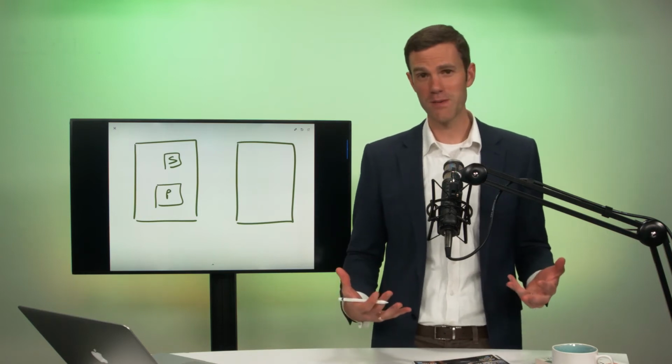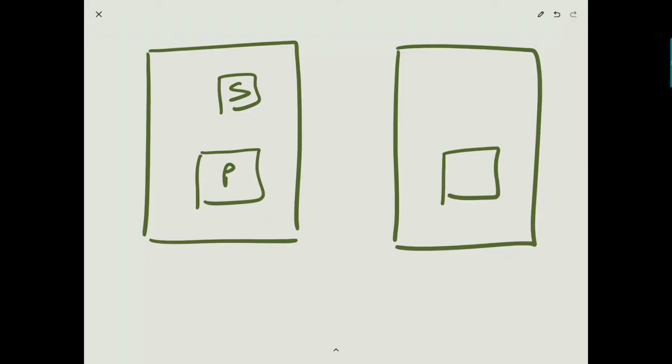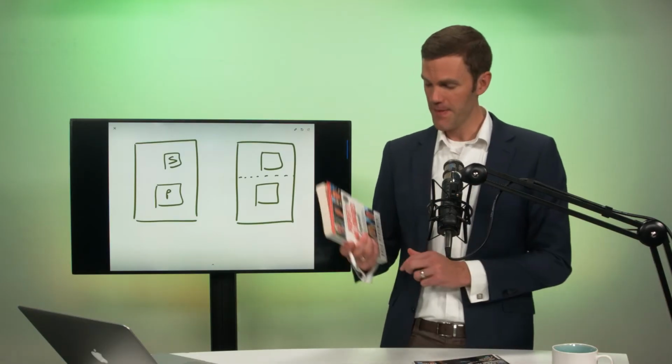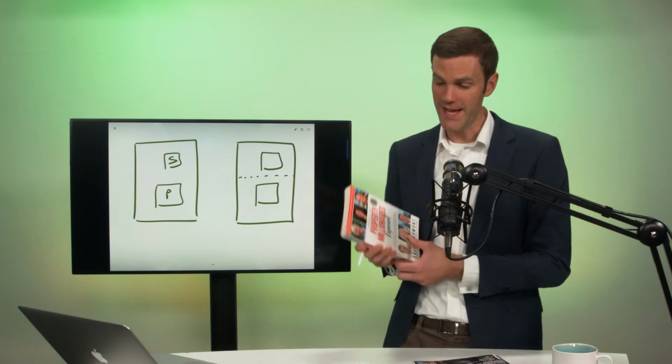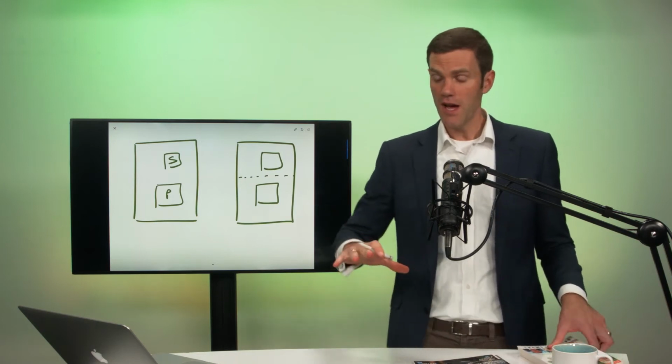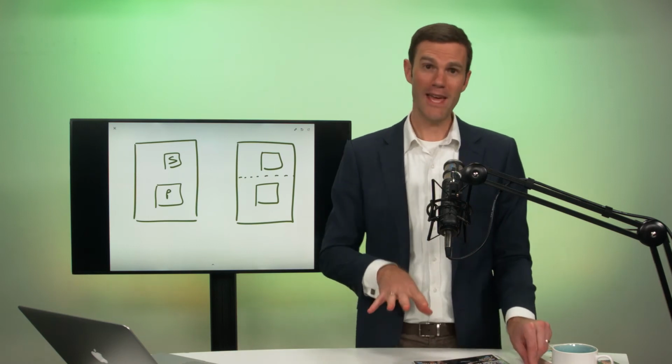I also don't like them as much as a dual occupancy. With a dual occupancy, you can get a larger floor area, and you can often subdivide them and depart from minimum lot sizes, which is awesome. It's a strategy which I go through in the book Secrets of Property Millionaires Exposed, which I highly recommend you read as well if you can get a copy of that. So the advantages of a dual occupancy over a secondary dwelling are many, but it's probably more of a conversation based on your personal needs, the challenges you're facing, and the reasons why you came onto this video.